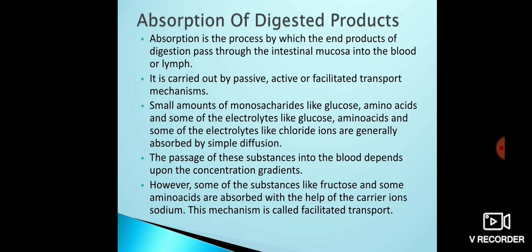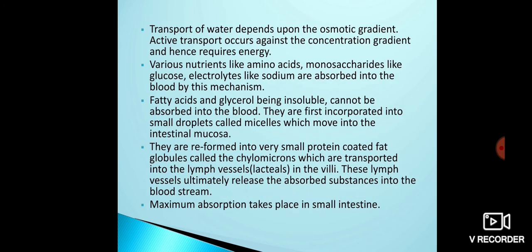So these micelles will be coated by a protein. These micelles are being reformed again. So when these micelles are reformed by the coating of the protein, it is the fat globule, it is the micelles, that is the fatty acid and the glycerol, which are being sent inside the intestinal mucosa, meaning the villi are going to absorb it. Okay, but after these villi absorb it, they are going to send it inside the blood.